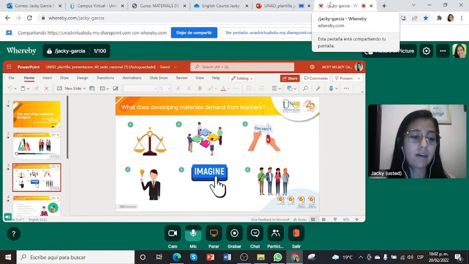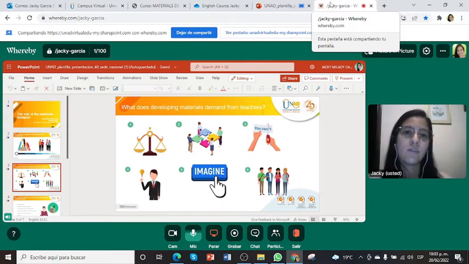4. Material development requires designers to be reflective and receptive agents. The agent must be more willing to take risks and make decisions related to the way that they run classes. In this case, we teachers need to take into account that there are different ways to fulfill the same task. Sometimes we say to our students that there is just one way, the way that we prefer as teachers,